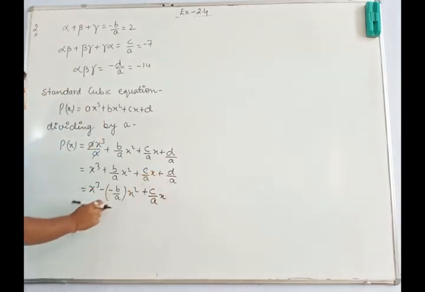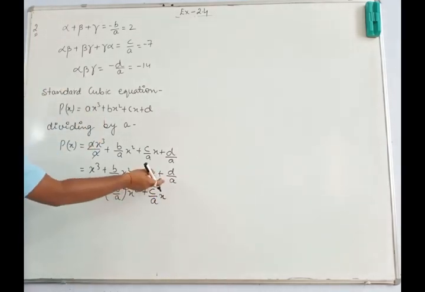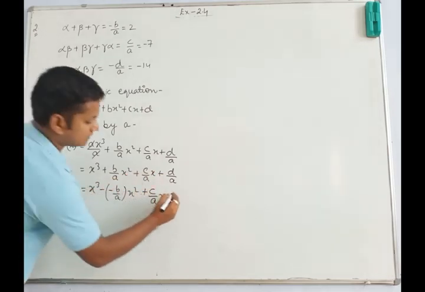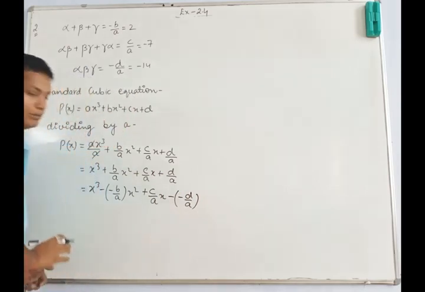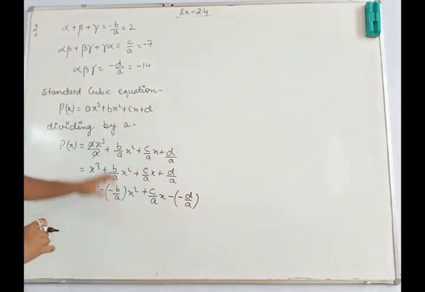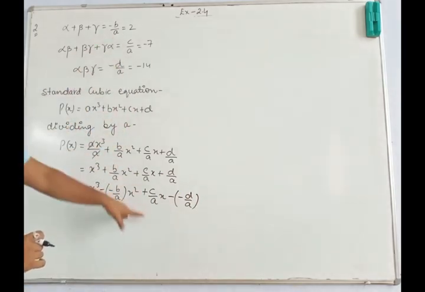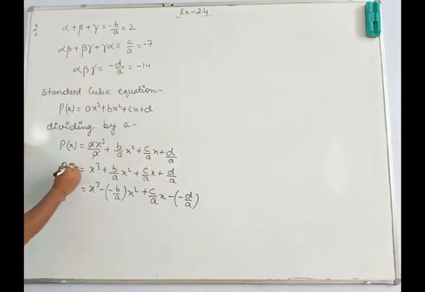Again, same for this one. This plus we will be splitting into two minuses, so it will become minus d upon a. Now minus b upon a is given, c upon a is given, and minus d upon a is given. So right away we can write directly